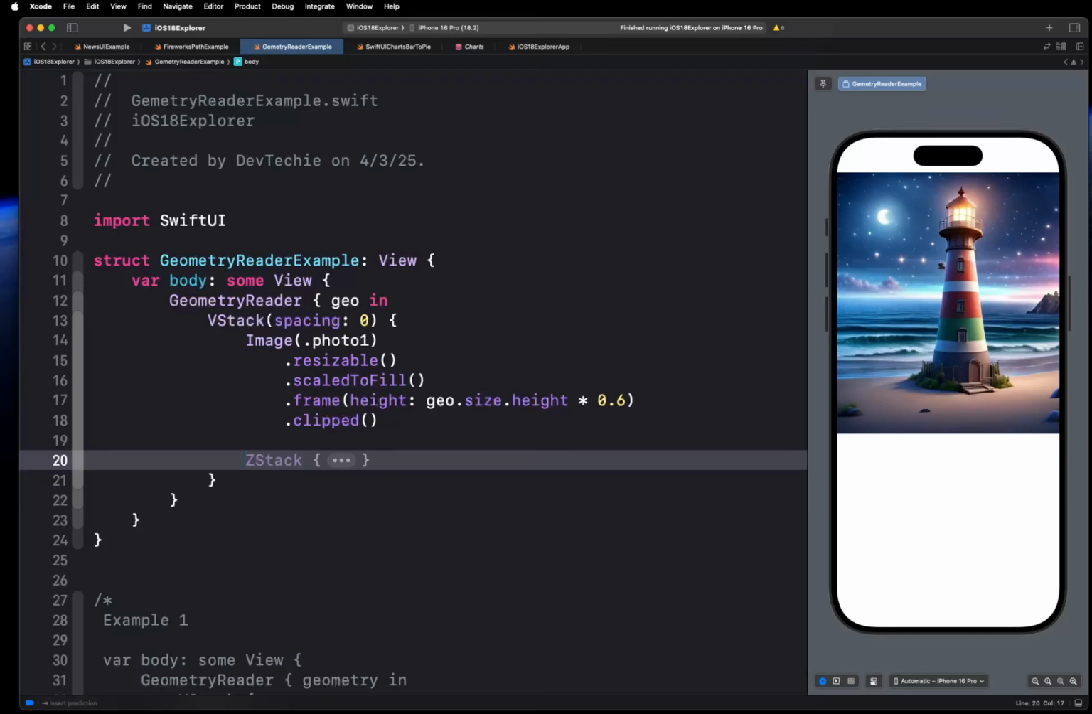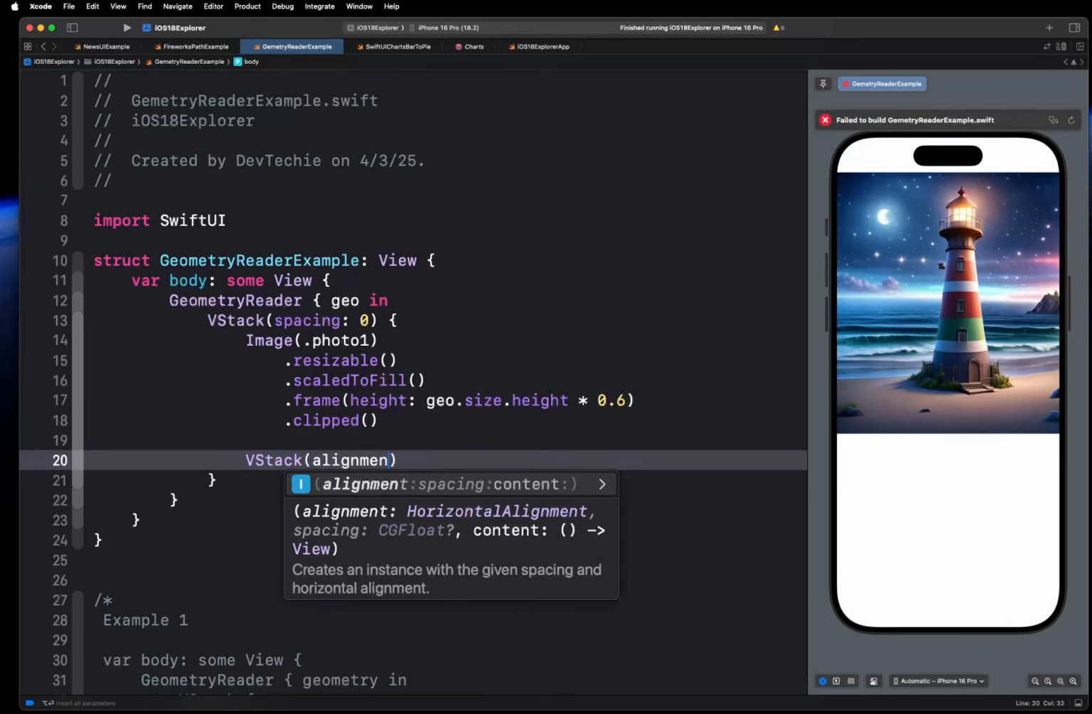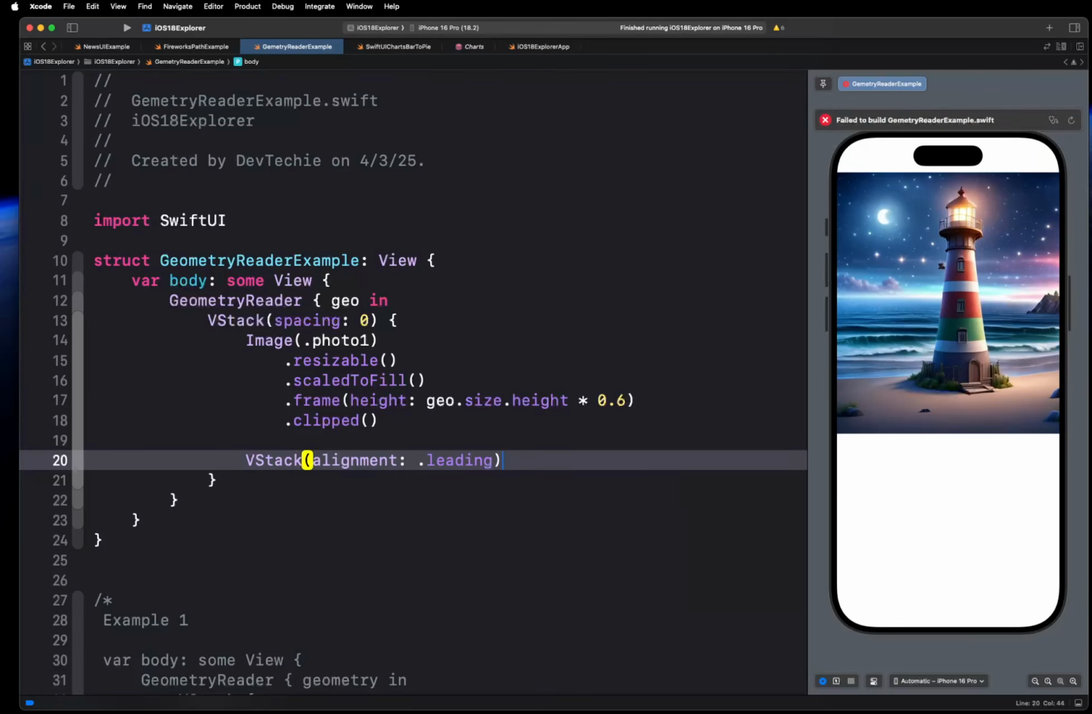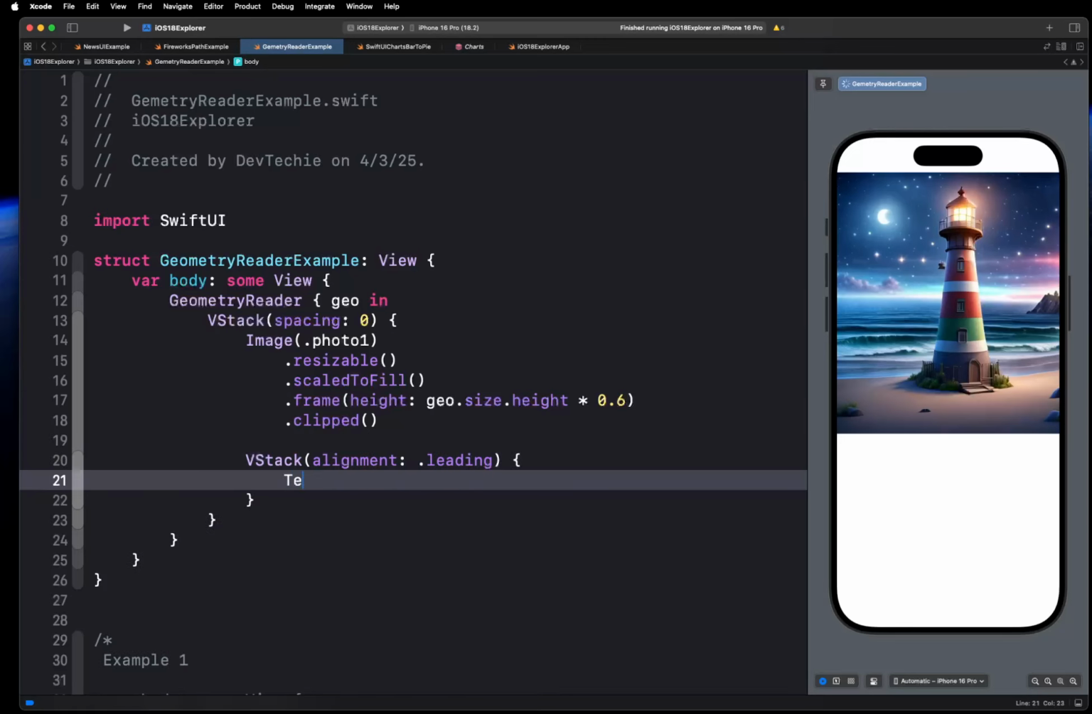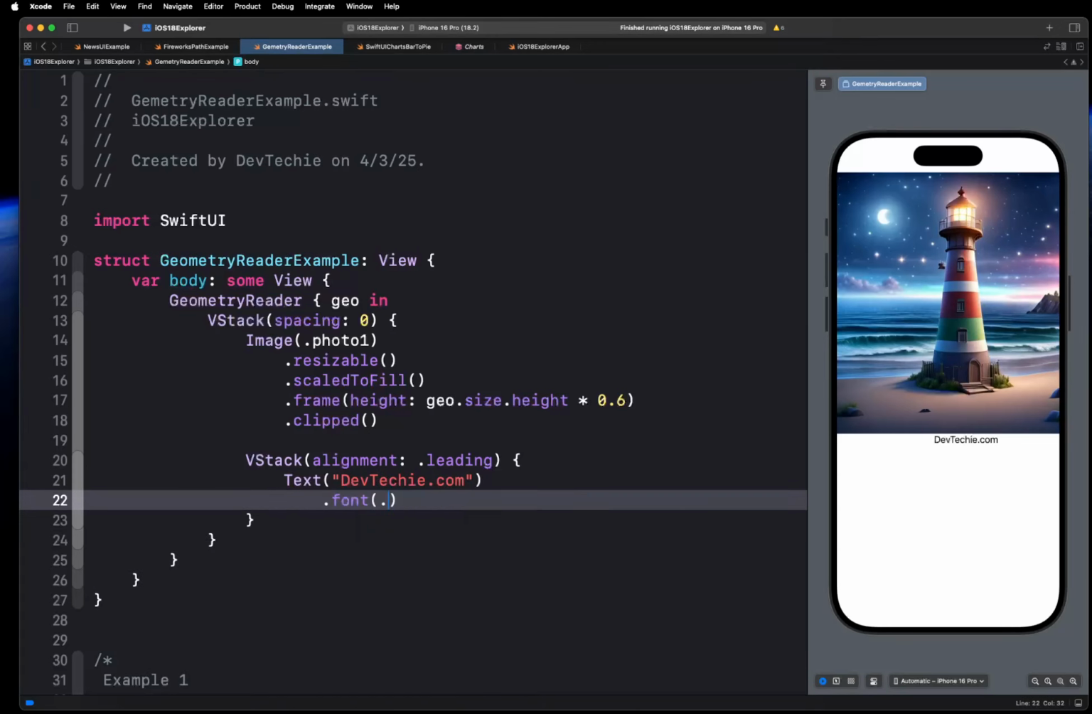Okay, now underneath this, we want to display the content for the view. Now this content is going to take the rest of the 40% of the space. So we're going to create our VStack with alignment as leading, and we're going to have our text. Let's say card title. It could be anything, maybe devtechie.com. Like that. Okay, let's set the font as headline,